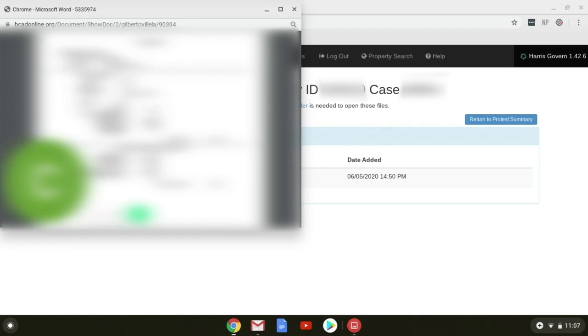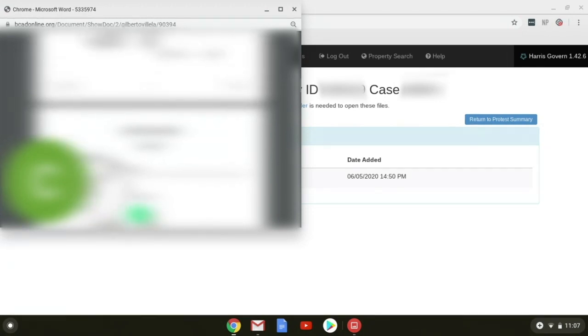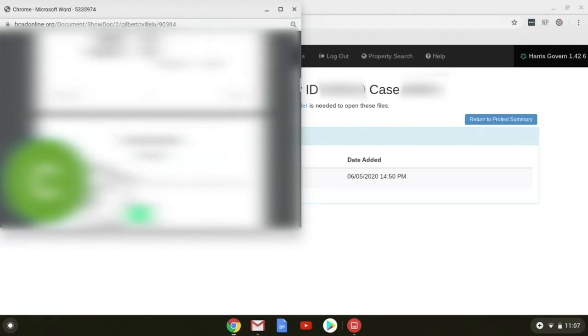It's terrible. But each year I still have to come in and tell them, there's no shed. You keep charging me for this shed that doesn't exist. So all I have to do is show a picture of my backyard and say, there's no shed, and that's a pretty easy thing to get taken off.